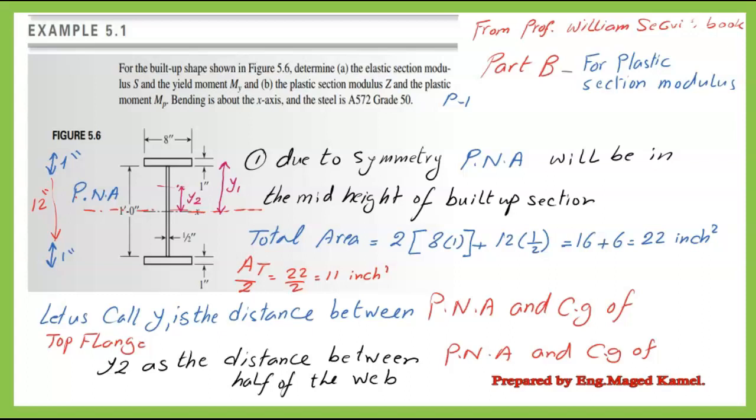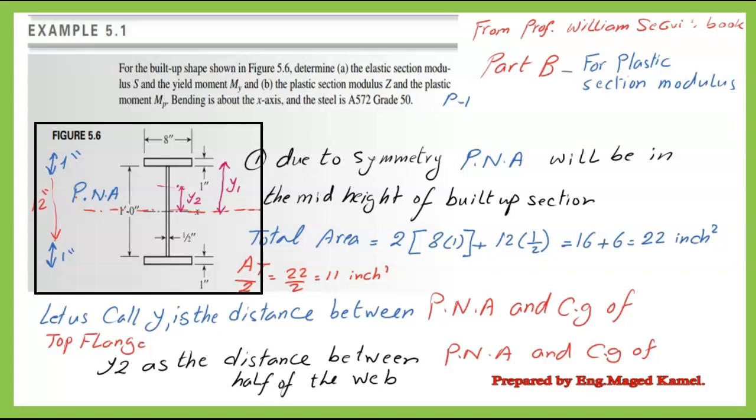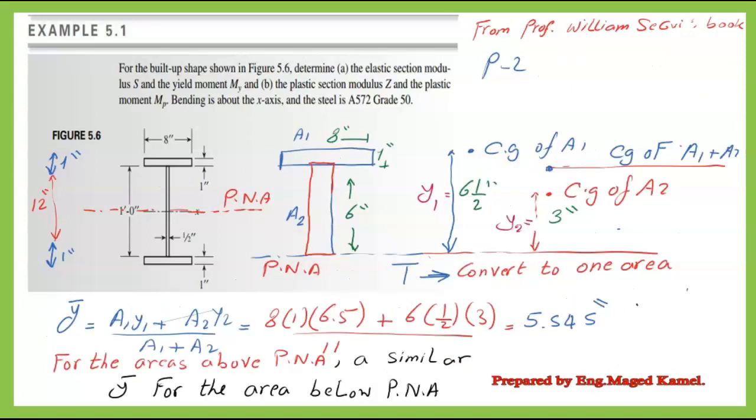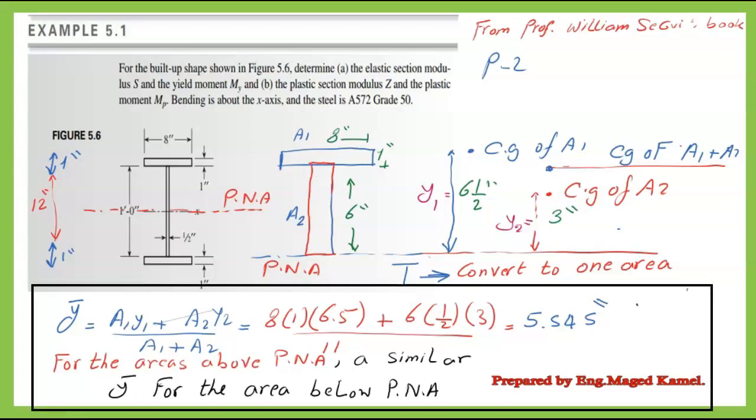Y1 is the distance from the CG of the top flange area to the P.N. axis. Y2 is the distance from the CG of the half of the web area to the P.N. axis. In the next slide, we will use the moment of areas about the plastic neutral axis, or the sum of A multiplied by Y. A1Y1 equals 8 by 6.5, while A2Y2 equals 3 by 3. The sum of AY divided by A1 plus A2 equals